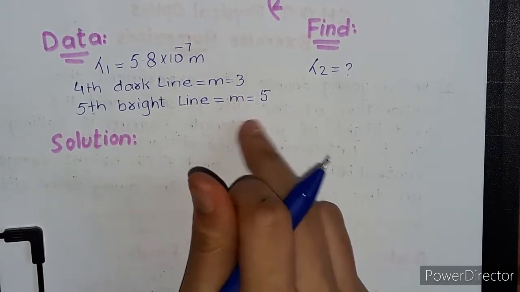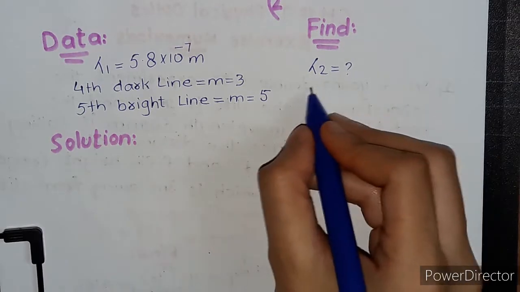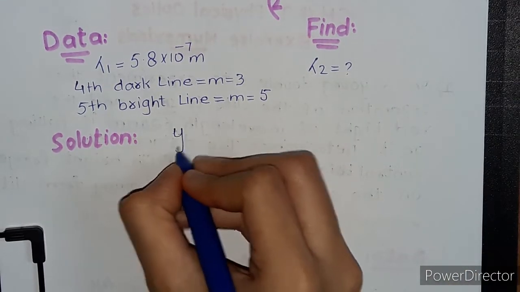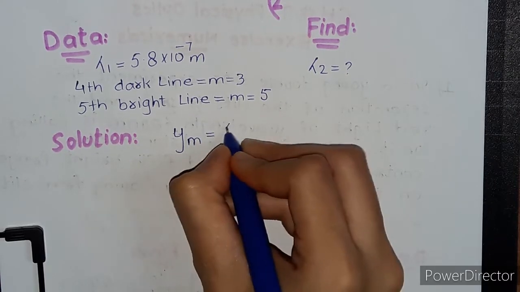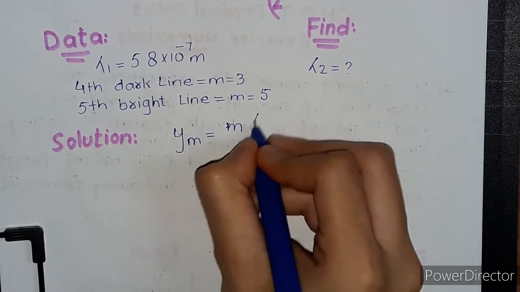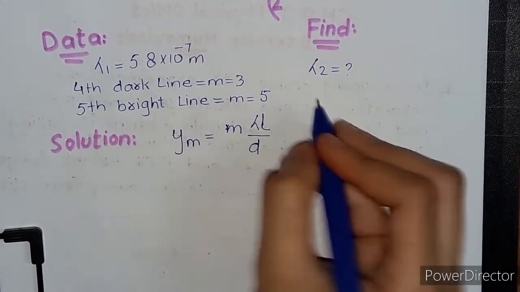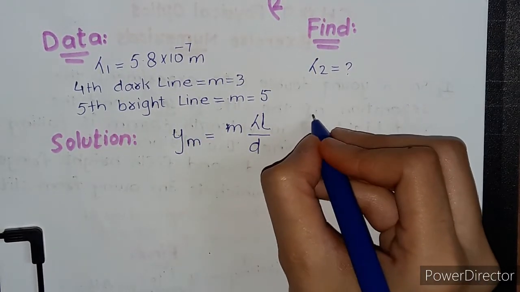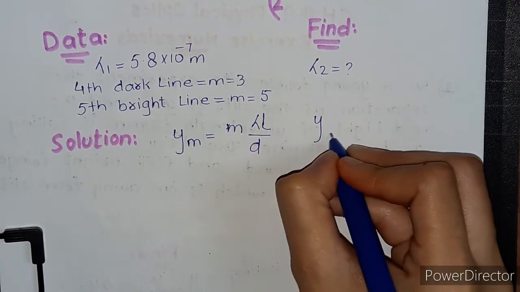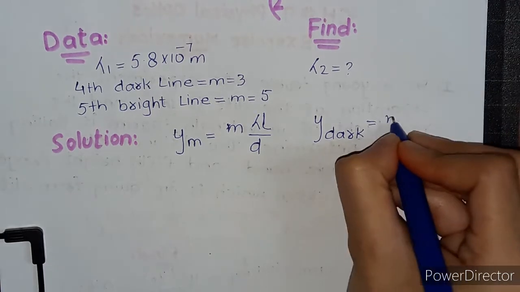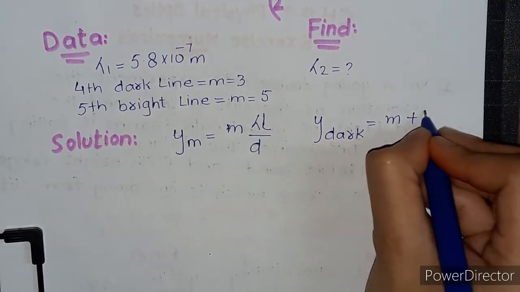So this is the data. Now we have to find lambda 2. We will use this equation: y_m is equal to m lambda L divided by D, and for the dark one it will be like this: y dark, I am writing here for dark, (m + 1/2)